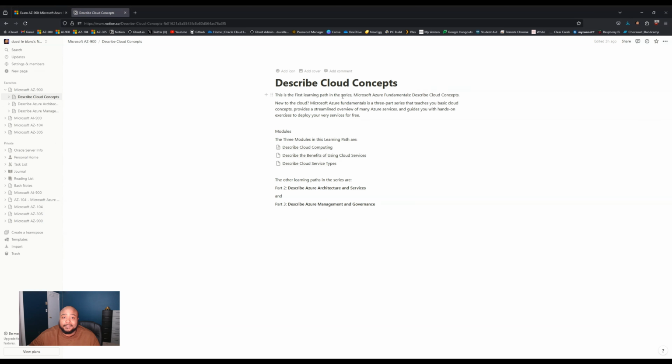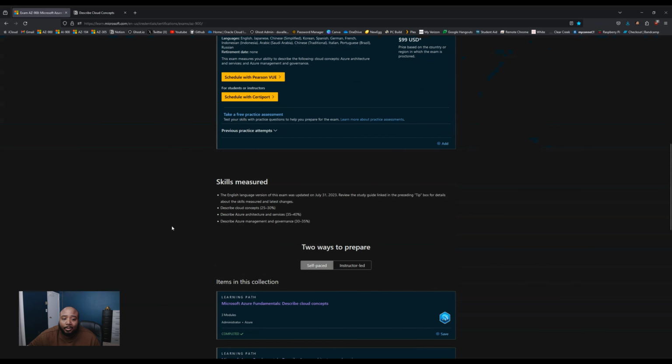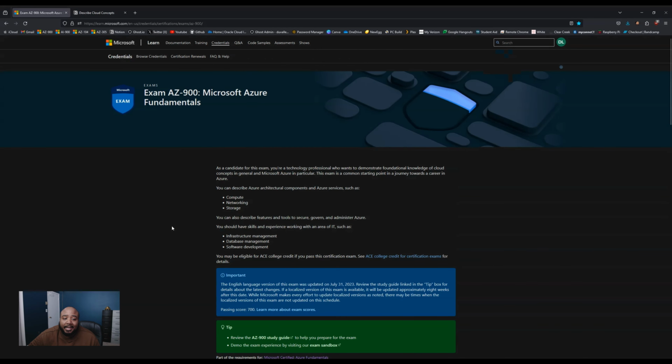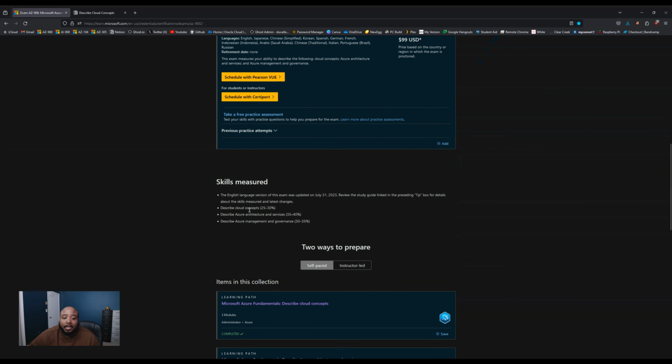It says this is the first learning path in the series, Microsoft Azure Fundamentals, describe cloud concepts, and basically I got it from this. We'll go a little bit over this. This is the actual Microsoft Learn side. As you can see, it shows you the skills measured and the percentages of each of them. So the cloud concepts is 25 to 30% of the exam. This is important to know. These do change and get